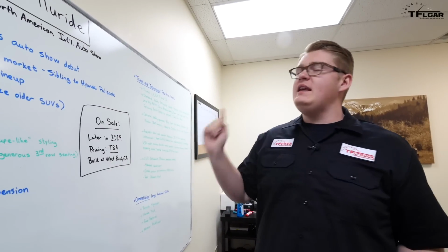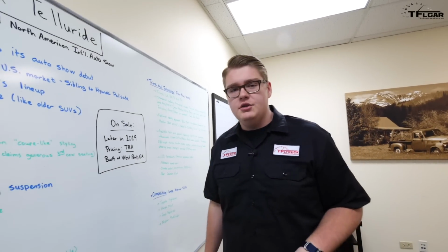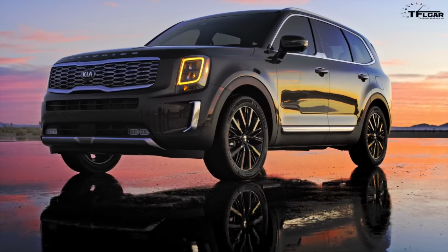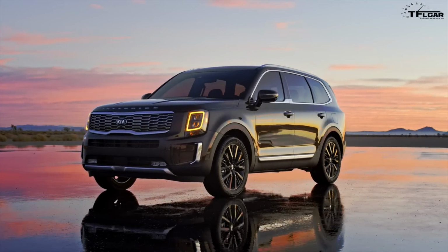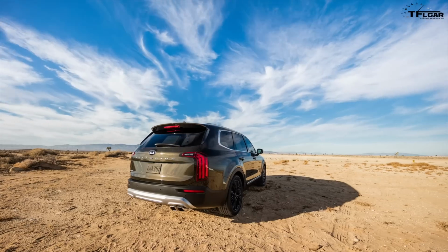The 2020 Kia Telluride just made its auto show debut at the 2019 North American International Auto Show in Detroit. Now, we've already known about the Kia Telluride for a little while. It made its actual debut at the New York Fashion Week a few months ago, but now we finally learned a lot more information about Kia's largest three-row SUV, and in this video we're going to cover everything you need